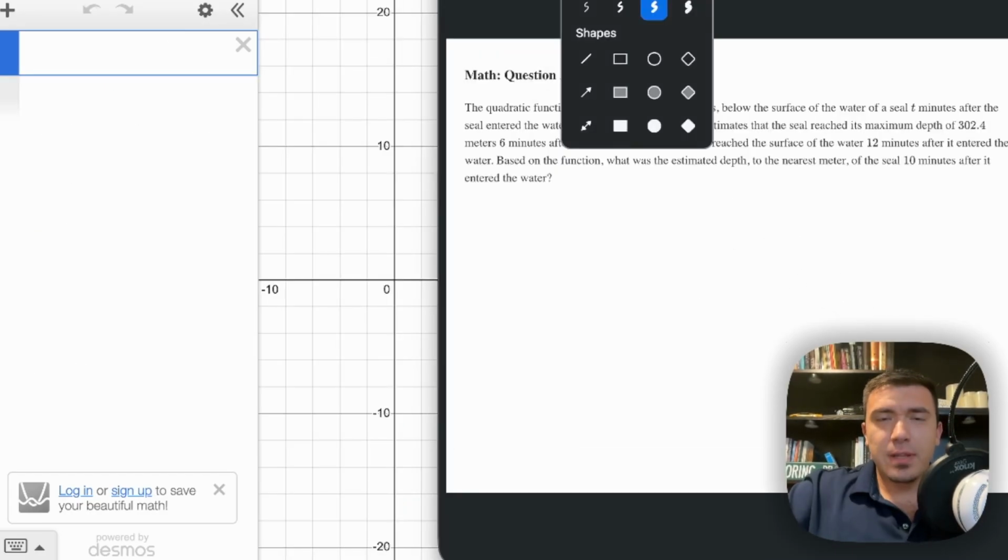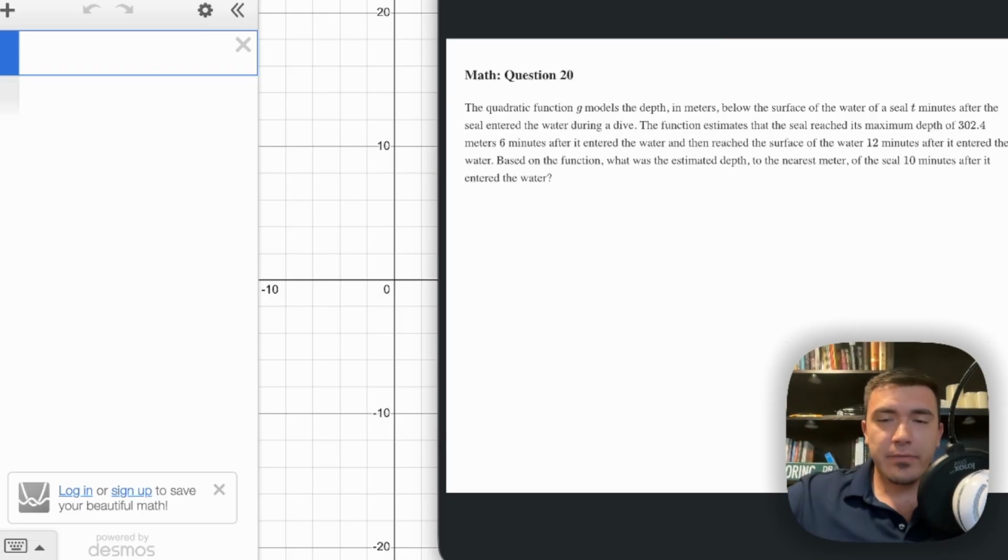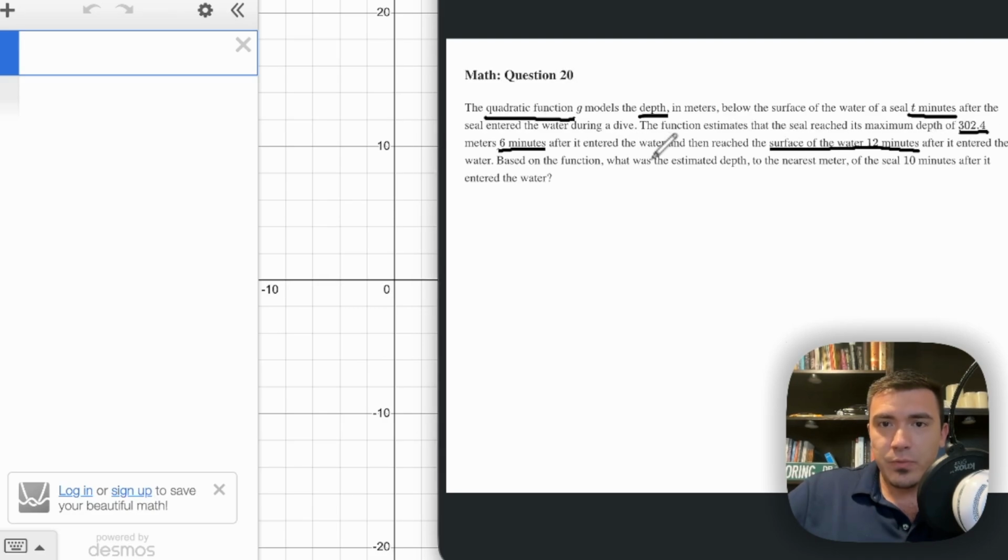Here's another variation, and this one is a little bit different because you're not directly given a table of values or a bunch of points. Over here, it's a word problem, and it says that the quadratic function g models the depth in meters below the surface of the water of a seal t minutes after the seal entered the water during a dive. The function estimates that the seal reached its maximum depth of 302.4 meters 6 minutes after it entered the water, and then reached the surface of the water 12 minutes after it entered the water. Based on the function, what was the estimated depth to the nearest meter of the seal 10 minutes after it